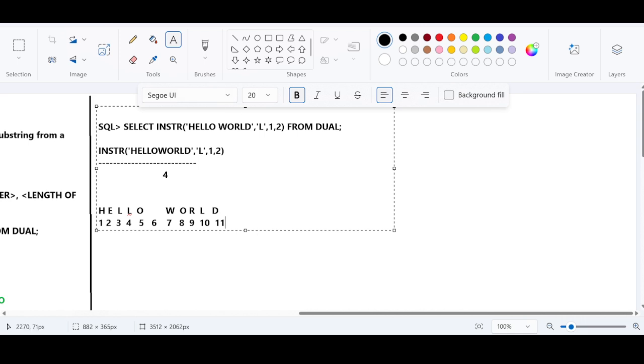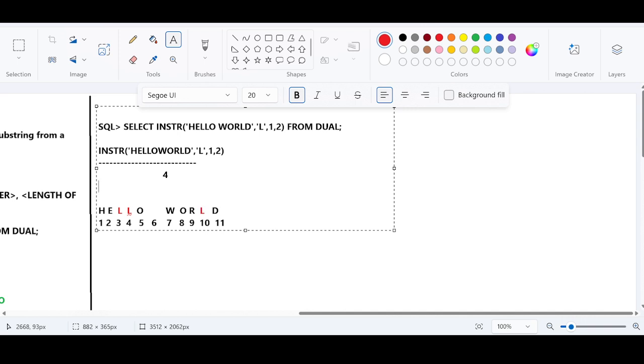If you see that this is the actual string that you are dealing with, you want to find the L occurrences. How many times does L occur? This is the first time, the second time. You are choosing L occurrences. This is the third,